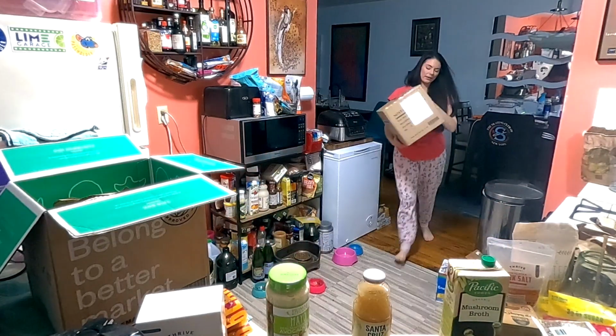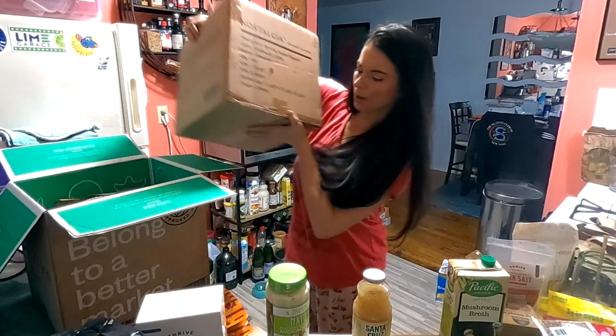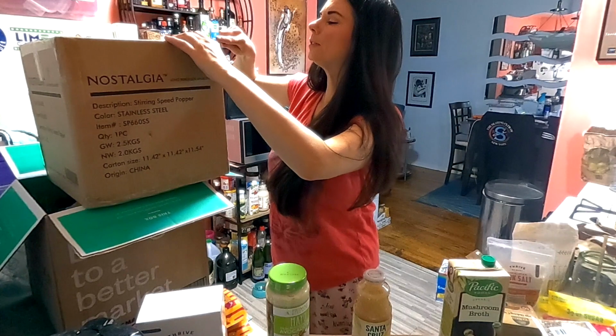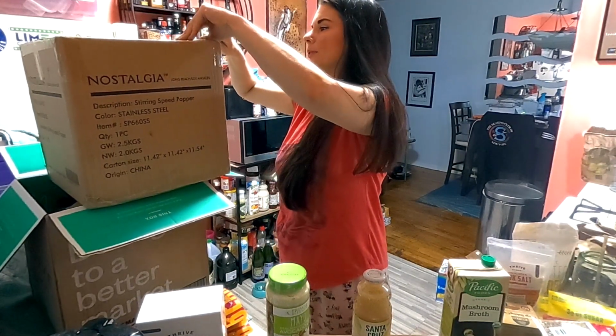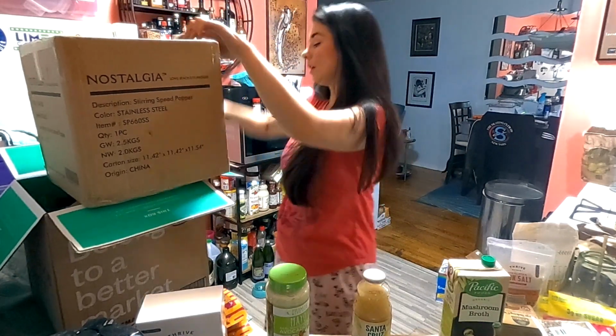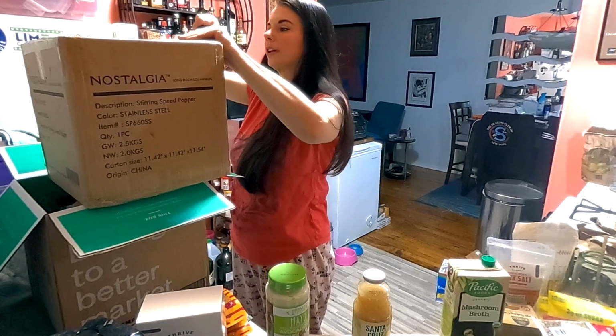Oh, I almost forgot to show you the popcorn popper. And then this is, I hope, the popcorn popper that I got from Amazon. I'm really excited. I have not had a popcorn popper in a long time. I don't think I've had one since I was a kid because